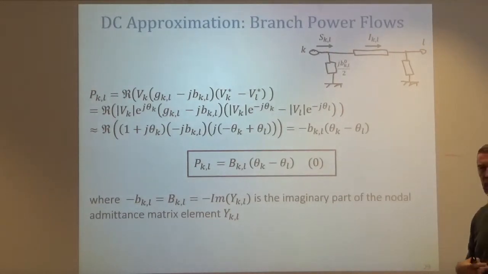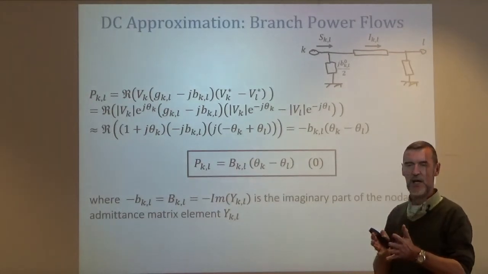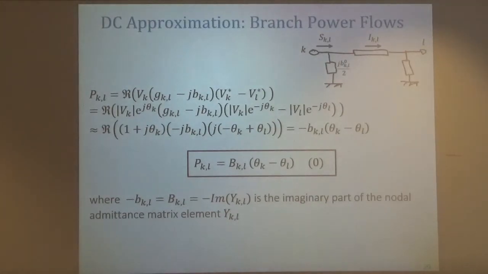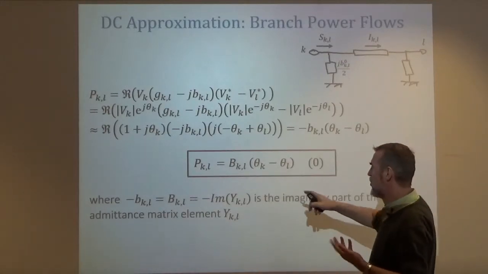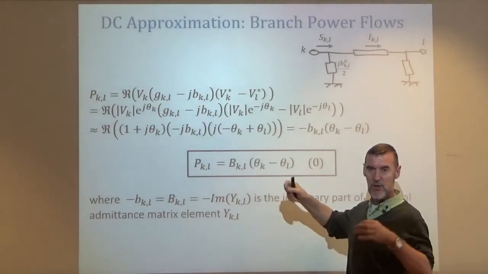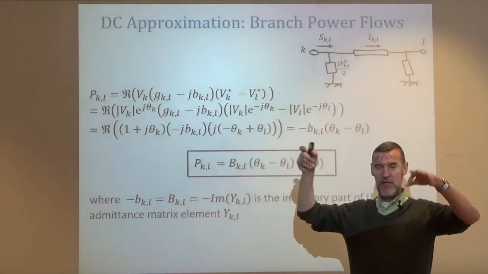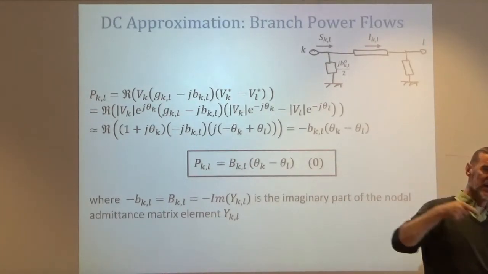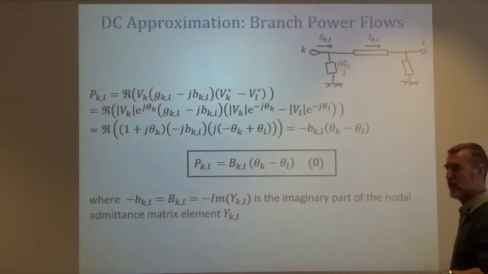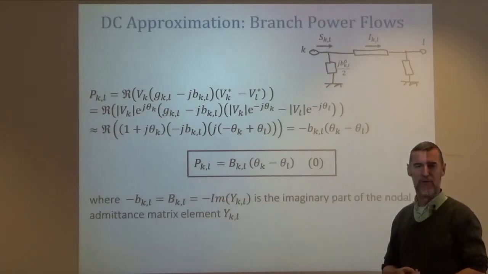And also it tells us that the power flows on a line cannot be controlled by simply routing power like I would do on a road network or on a communication network where a router can decide how many packets it sends on one line or the other. Here, the flow on the line is dictated by the angle difference. So it derives from a potential. I put potentials, which are the angles, on different nodes, and then the flows derive from that. So if I want a lot of flow to this point, I have to put a smaller angle here than there, and then the power will flow